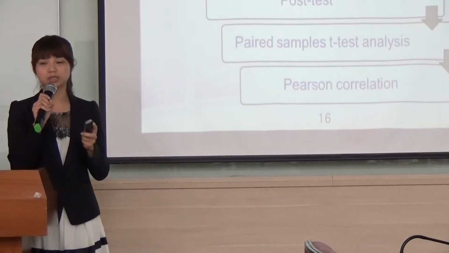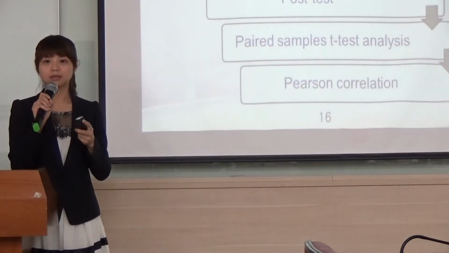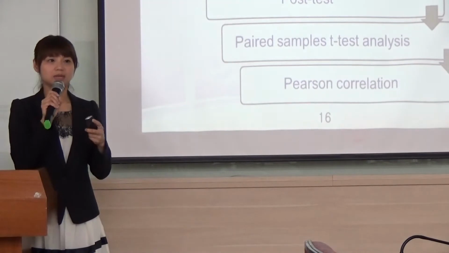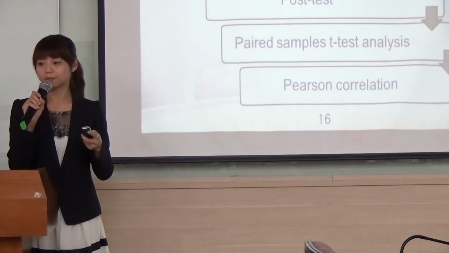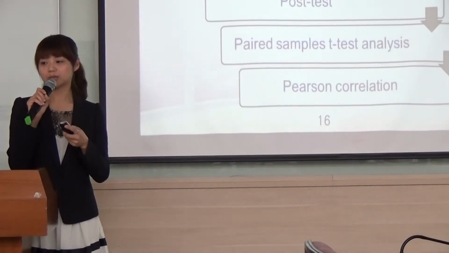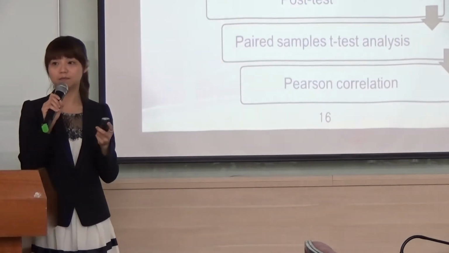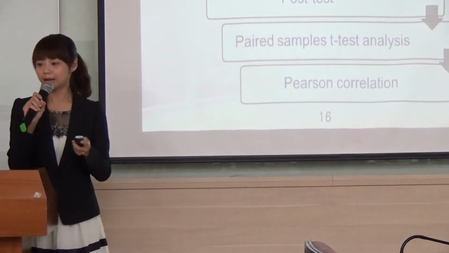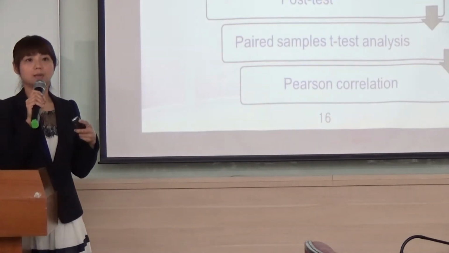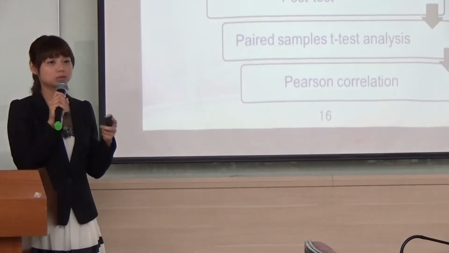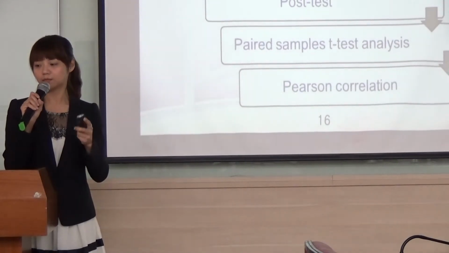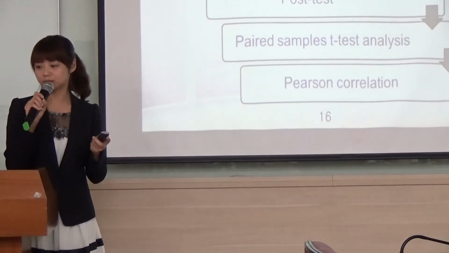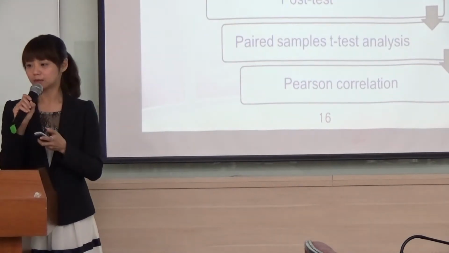Before they take the English course, students have a pre-test about their attitude toward using cell phones in their learning. And then in the English course, students need to make a 30-second video and send it to the teacher. And after that, students have a post-test about their attitude toward using cell phones in class. And then the writer can get the data for the t-test analysis and the Pearson correlation coefficient.